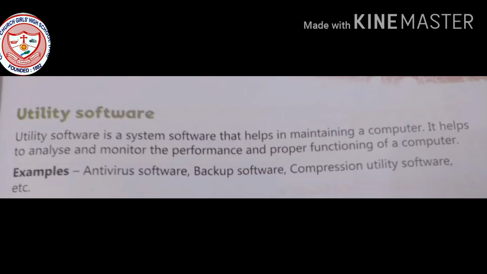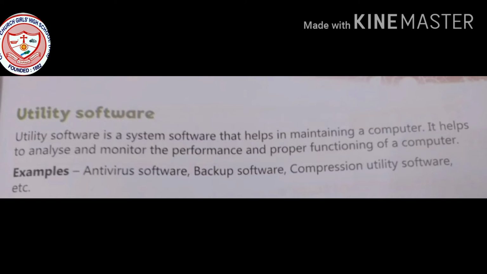It helps us to analyze and monitor the performance and proper functioning of a computer. So this is utility software.